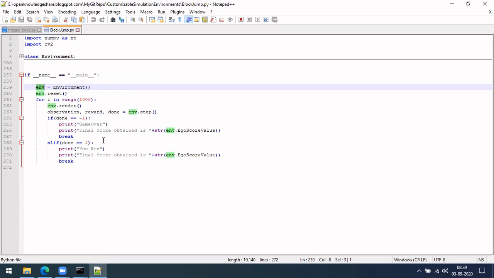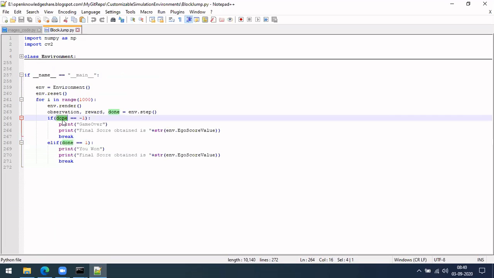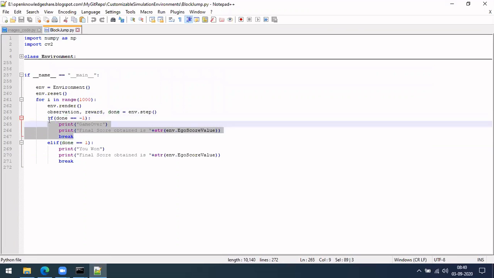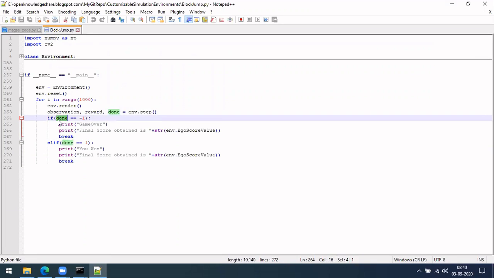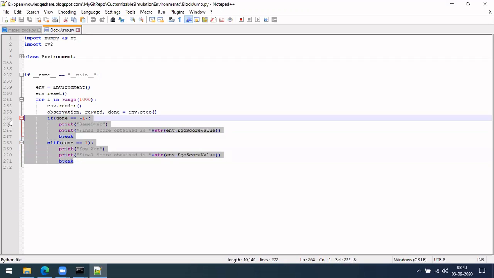There is a flag which shows done. If it is -1, game over, and you'll get a final score. I coded it so that done will be -1 once you hit some of the red block. Similarly, once you reach some 1,000 points or so, Q1 will come up. This is what I implemented.